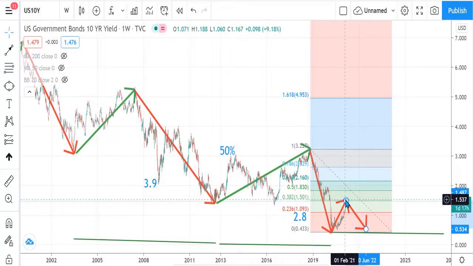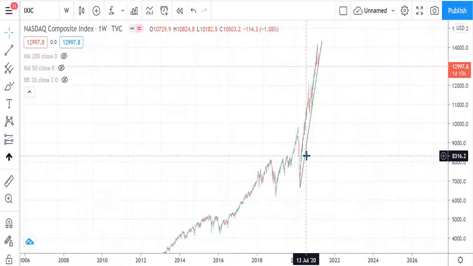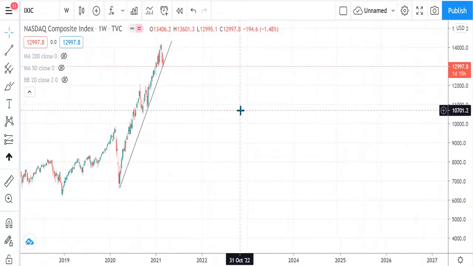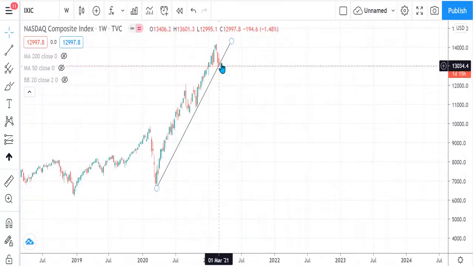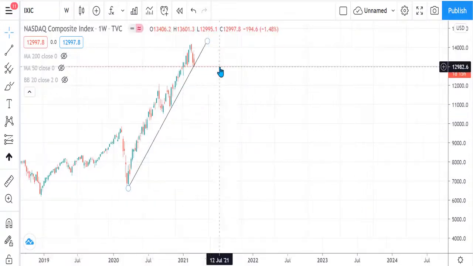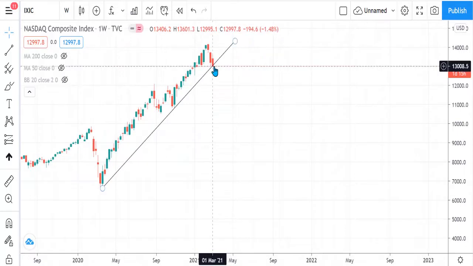But in terms of the Nasdaq, if you're a risk taker, you might want to do some investment in the Nasdaq, because it has already reached its low point. This is the Nasdaq chart. Try to see how it is moving so far. You can see that it has touched the lower bound of the uptrend. So this is the lower bound of the uptrend. You can see that right now it is at the low side.